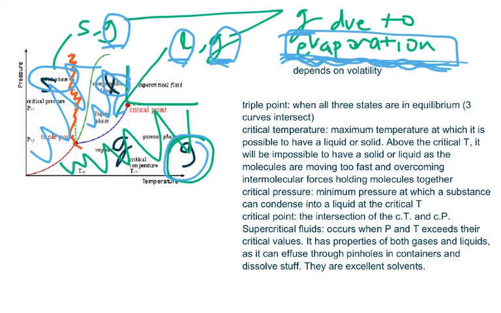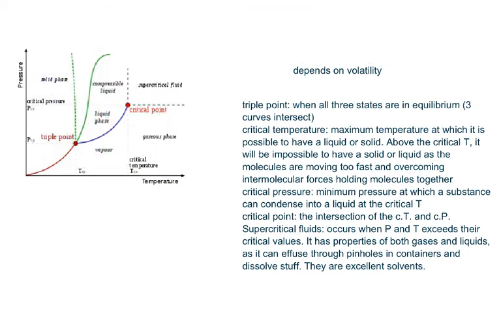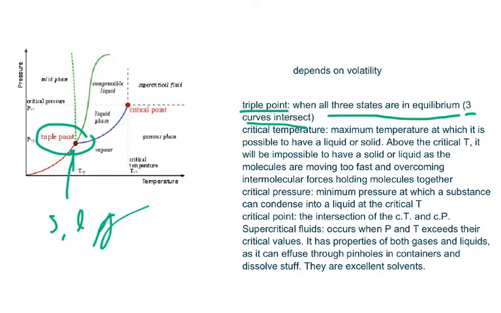So now that we're done talking about the different states that might exist on this diagram, let's now talk about the different concepts. So we have something called the triple point. This is when all three states are in equilibrium, and if you guessed, it's when the three curves or boundaries intersect. So in this diagram here, the triple point is over there, and at this point, the solid, liquid, and gas are all at equilibrium, and essentially, you could become any of the three states at that point, depending on